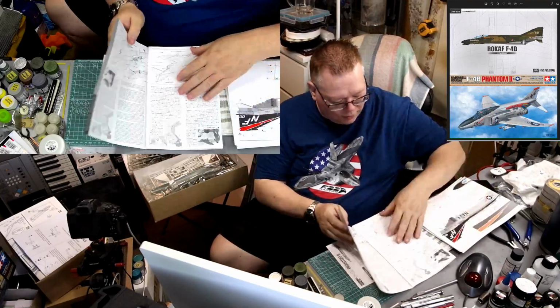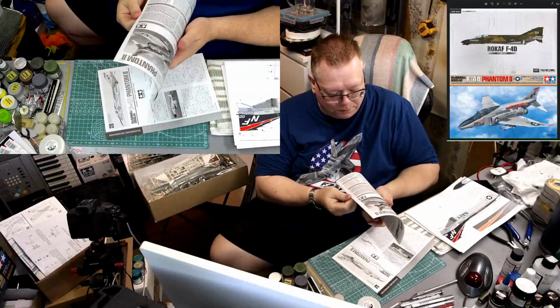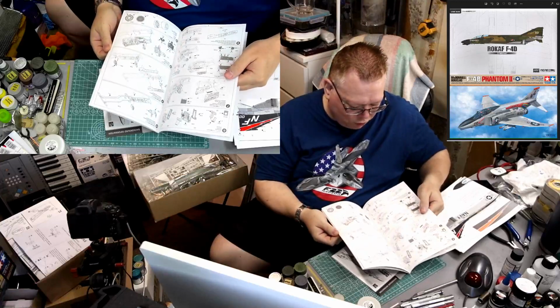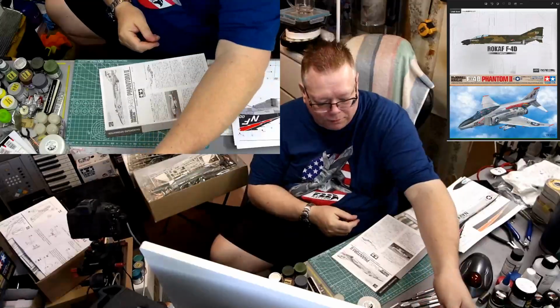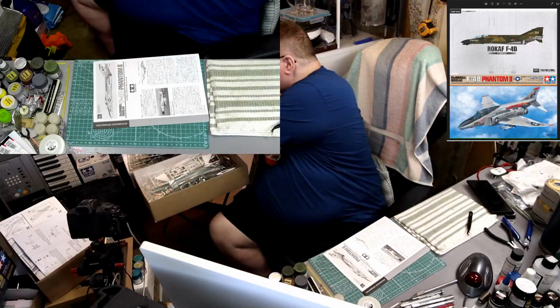So that's this little thing. And then we have our instruction book. Just black and white, there's no color, typical Tamiya. But Tamiya's drawings are quite easy enough to figure out. Okay, so let's get rid of these, and let's look at